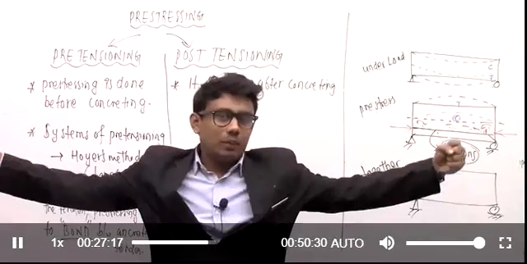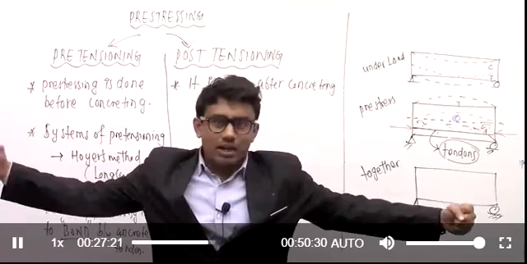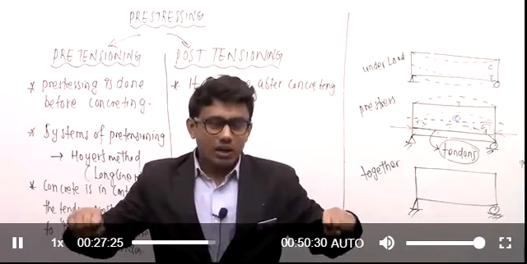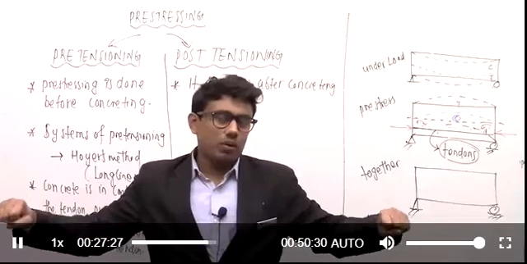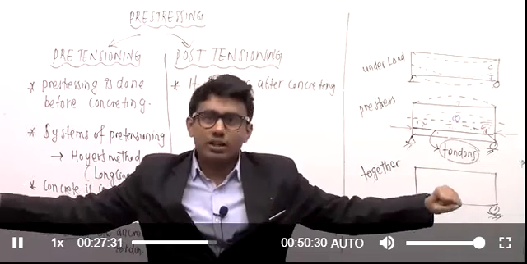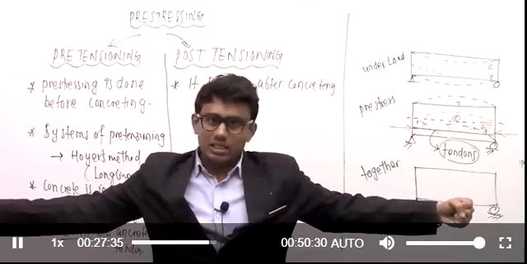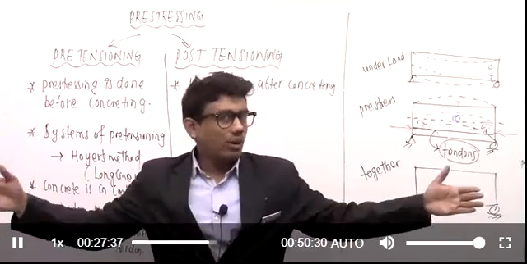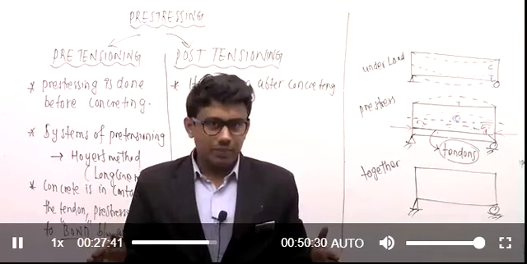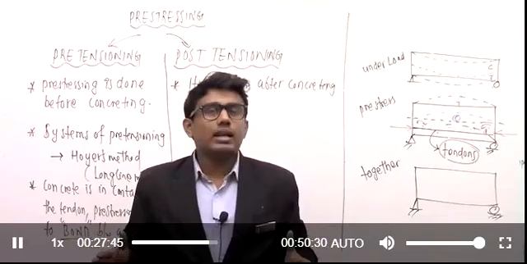I will provide the anchorage there. After that, I will use some hydraulic jacks to stretch it. I'll be applying the tensile forces with the help of hydraulic jacks. I have applied like this. Now the length of the tendon is like this. Before it was here, and now it is here. And after that, at the end of the beam, on these tendons, I am going to provide anchorage.